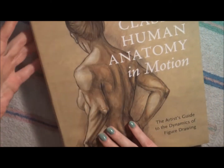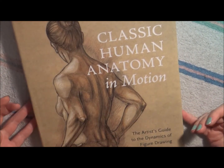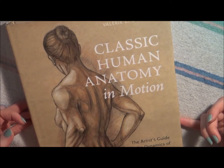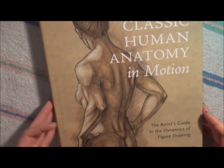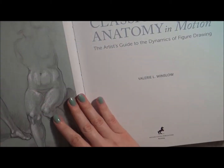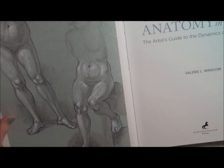Okay, so I have one more anatomy book. This is it, Classic Human Anatomy in Motion, by Valerie L. Winslow. That's an easy name to say. I could say that one. Okay, so pretty much this one is kind of an art book, so it talks about drawing the anatomy. It doesn't just show you the anatomy, like figure